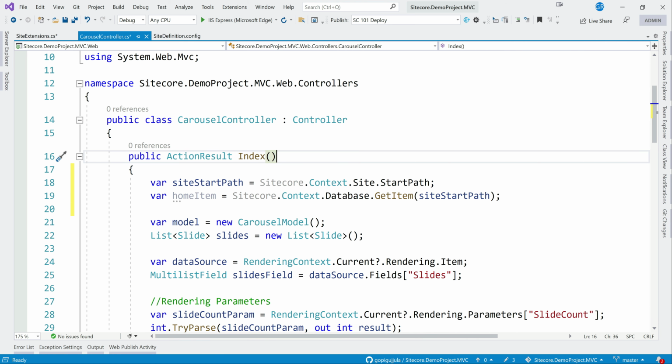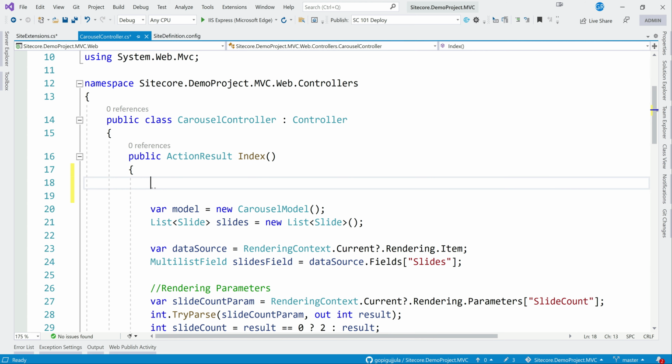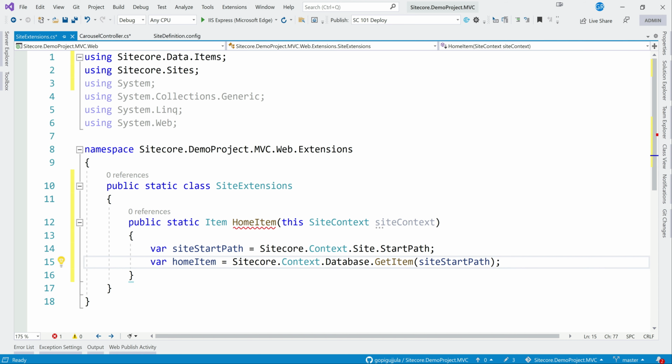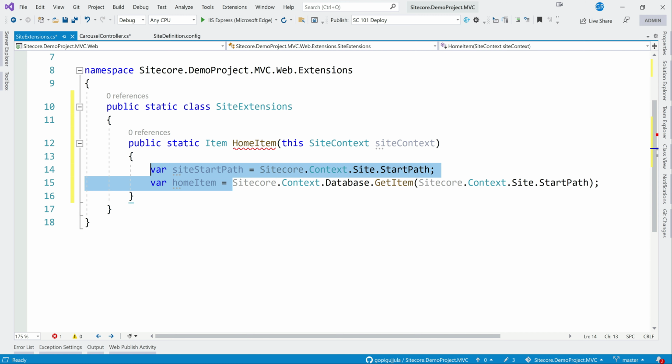We can just pull these two lines. But rather than doing this, I can directly put the start path and just return it.